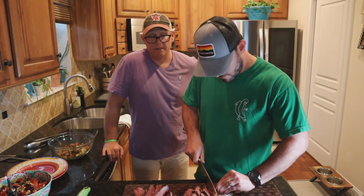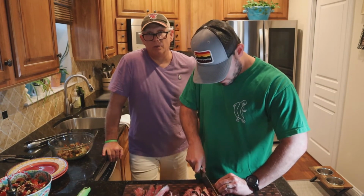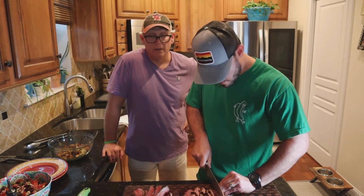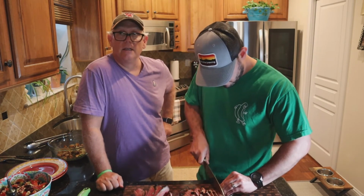Already ate a piece. It's good. Yeah, you definitely don't want to go too thick with this. That cut was a little thick there. You want to go thinner rather than thicker because it is a dense cut of meat,